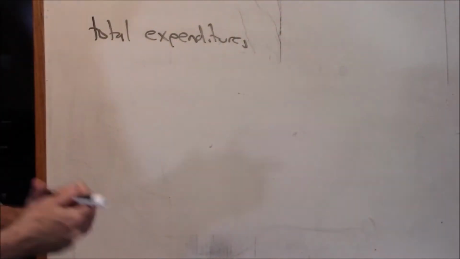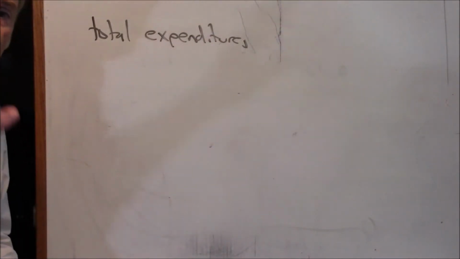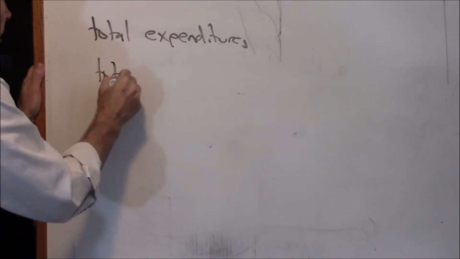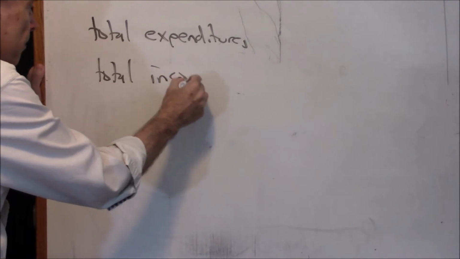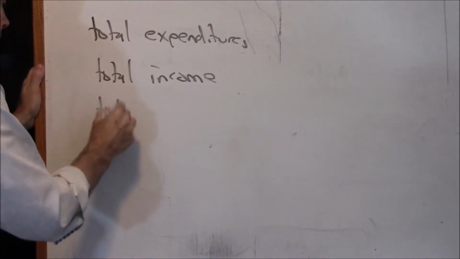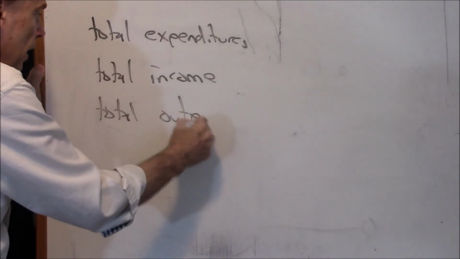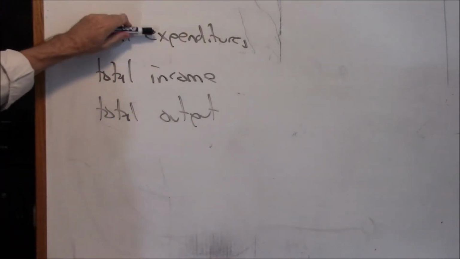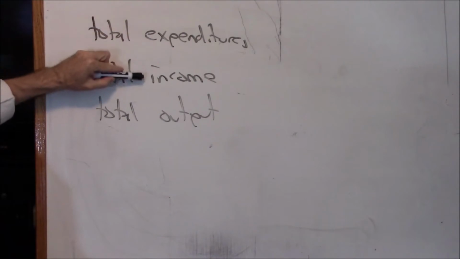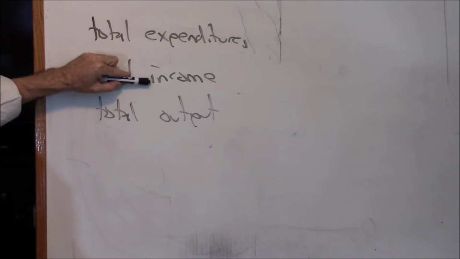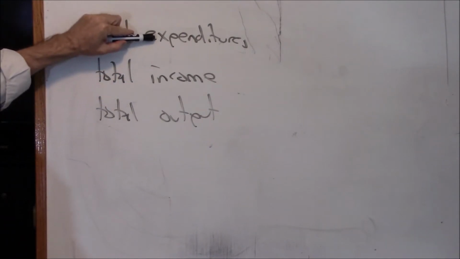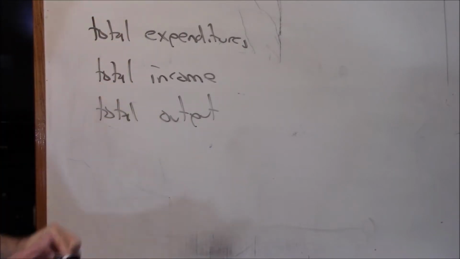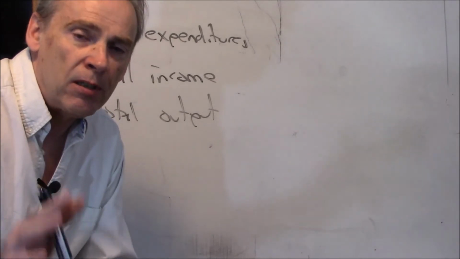All right. Okay. In a macroeconomy, in a closed system, total expenditures must be equal to total income, which must be equal to total output. It logically must be true because, for example, every time you make an expenditure, it becomes somebody else's income. And every time you get income, it's because someone made an expenditure. And if you're making an expenditure, it's for something. So those dollar values have to all add up to the same thing.